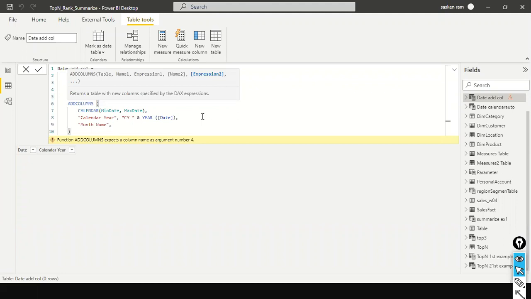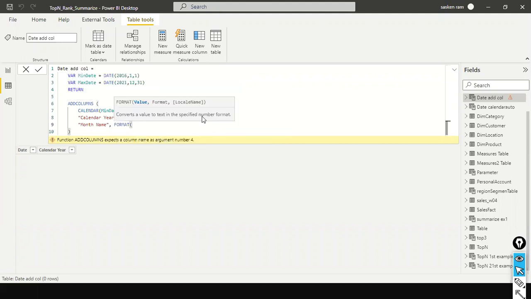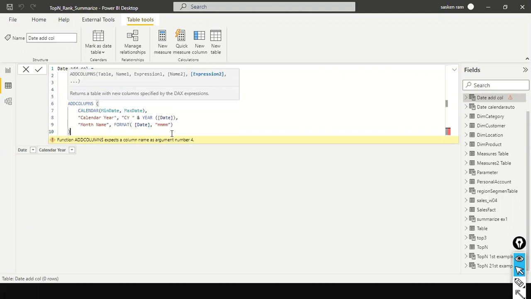And here I'm going to use the format function. Here we use the date column, and you need to put it in brackets like this, date, comma, because the capital Date is a date function. So we need to tell clearly that this date is part of my calendar table's column. And in this format you can use M. Then if I close this and press enter,